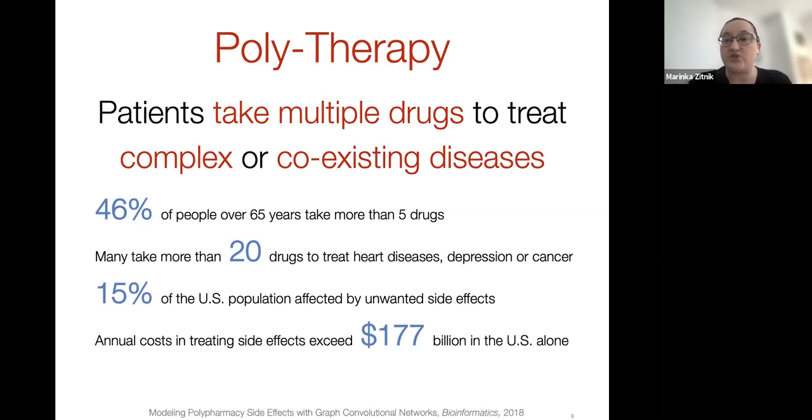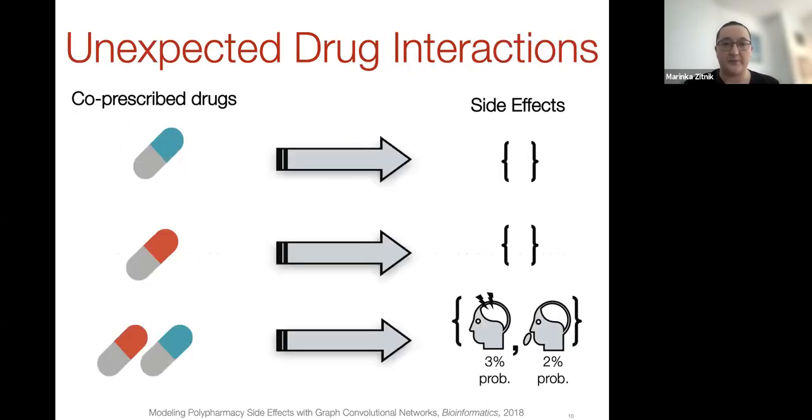And that's why computational methods are needed to a priori define and identify those combinations of drugs that might be unsafe for patients so that they are not prescribed to real-world patients. I said that when patients take multiple drugs at the same time, they're at much higher risk for adverse events. Why is that the case? That is the case because the drugs do not work independently of each other, but there are some kind of interactions between drugs. So let's look at that in this particular hypothetical setting.